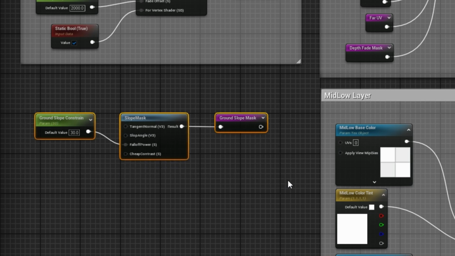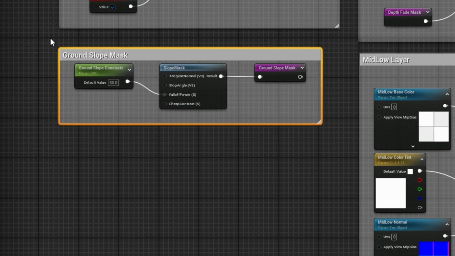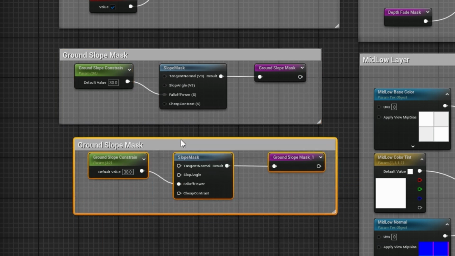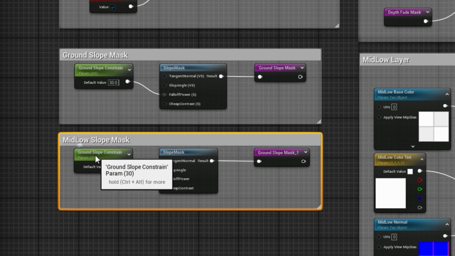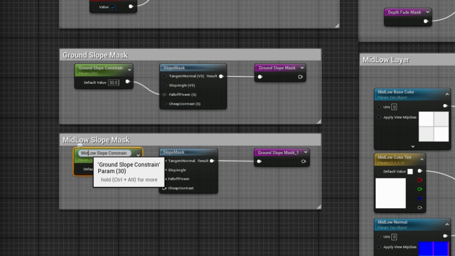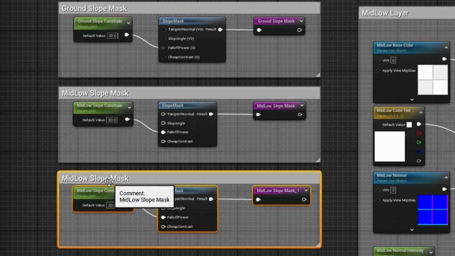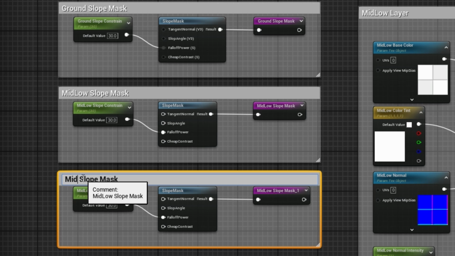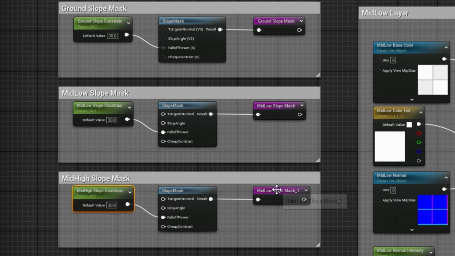And let's comment this and say ground slope mask. And now we need to set up our other masks as well. So let's copy this, Control C and Control V. Let's call this mid-low slope mask and change the parameter to mid-low slope constrain, and the named reroute node we'll call mid-low slope mask, and then we'll do our next one, Control C, Control V, and again change the name, mid-high slope mask, change the parameter to mid-high slope constrain, and change the named reroute